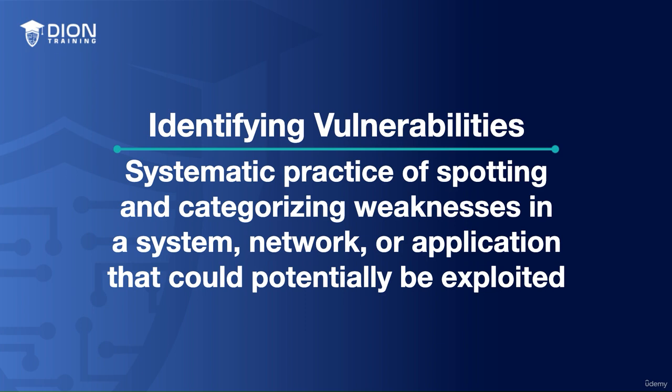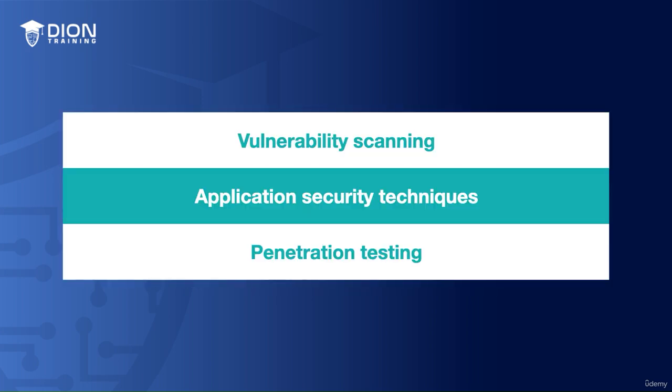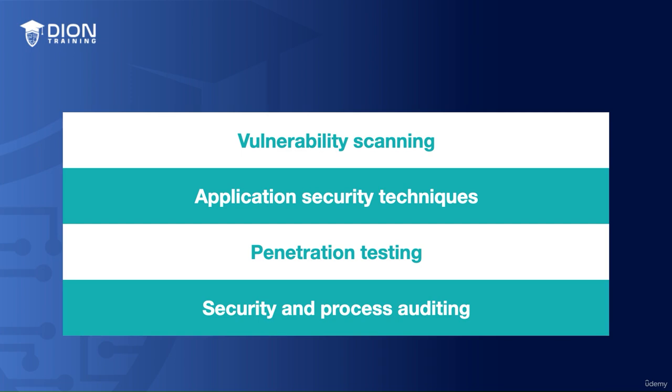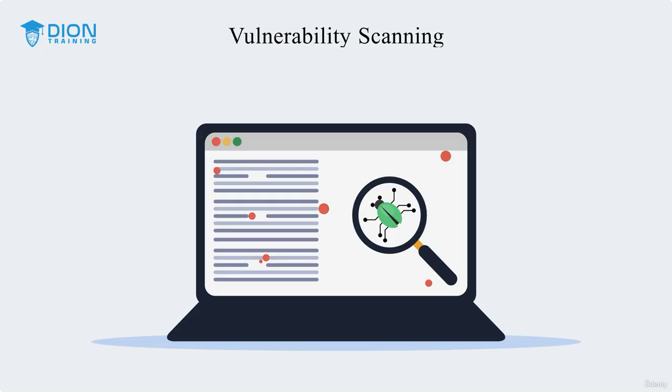There are many methods used to identify vulnerabilities, including vulnerability scanning, application security techniques, penetration testing, and system and process auditing. Now, first, we have vulnerability scanning. Vulnerability scanning is an automated method of probing networks, systems, and applications to discover potential vulnerabilities. Vulnerability scans play a vital role in strengthening the security of your network by discovering any known vulnerabilities in your